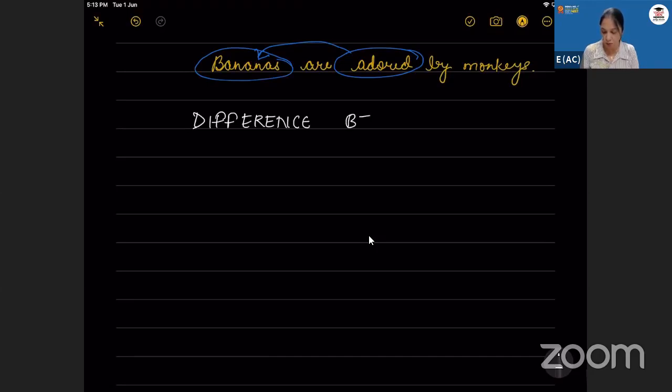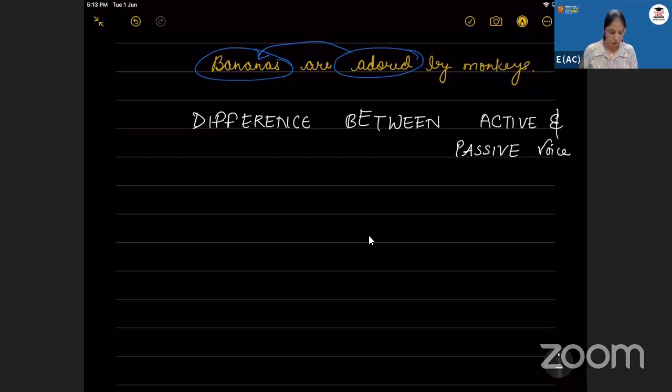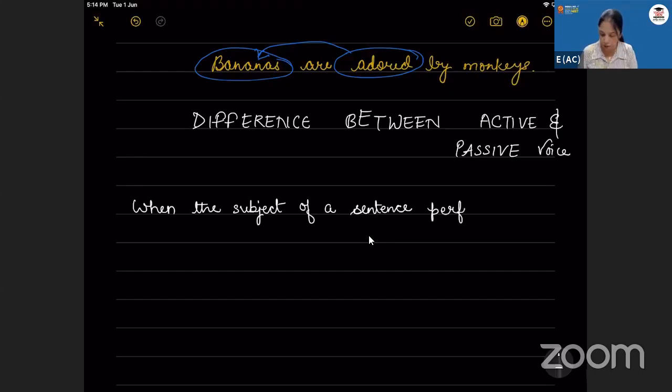First of all, when the subject of a sentence performs the verb's action,